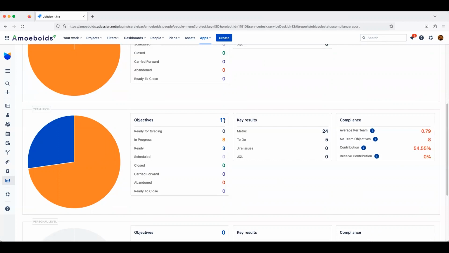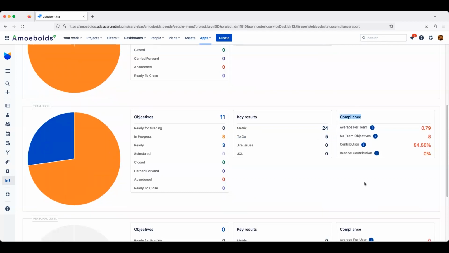There are 11 team level objectives within the selected cycle. 8 of them are in progress. 3 of them are in ready status. As far as the corresponding key results are concerned, their distribution can be easily spotted in the second section. The compliance section is a little different as compared to the corporate level objectives, simply because here you're talking about